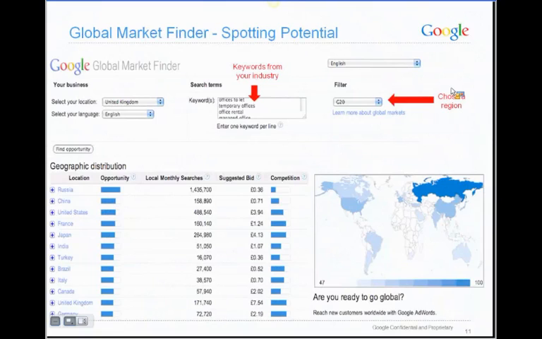In the example above, it can be seen that popular serviced office terms show strong export opportunity in Russia, China, France, and so on. This is when the words are translated into their respective languages, as will be seen on the next slide. The CPC competition in these countries is 1/7 or less than that of the UK.